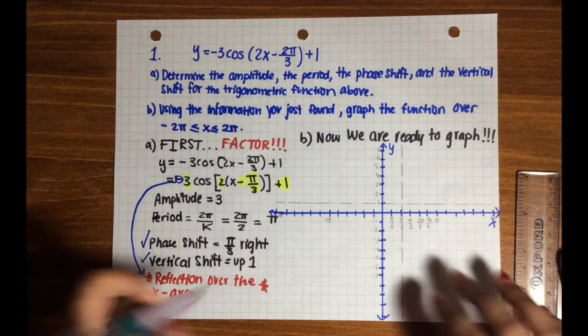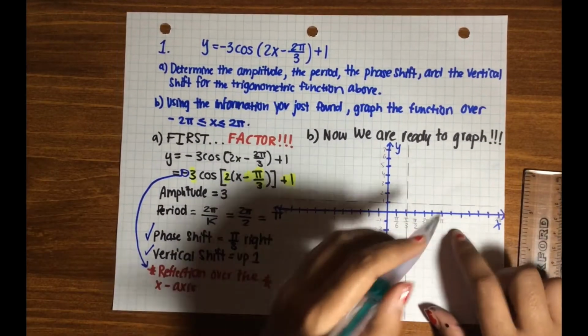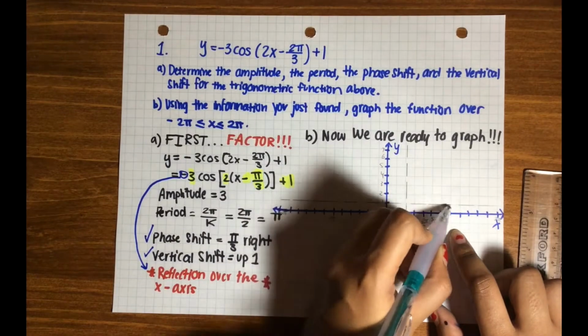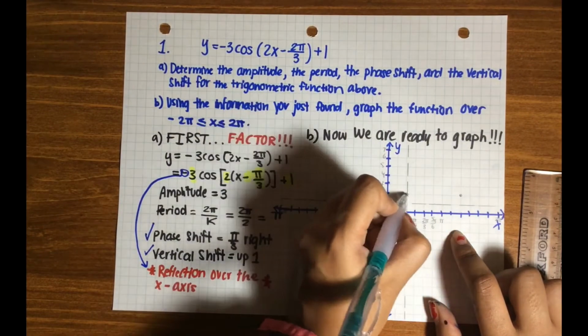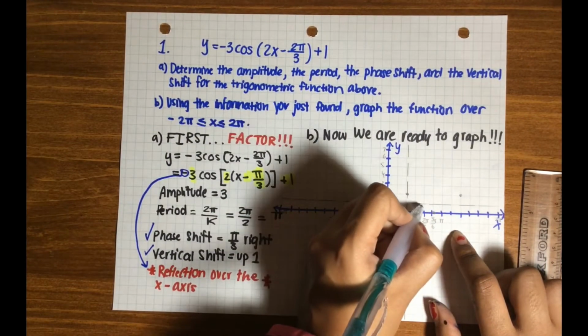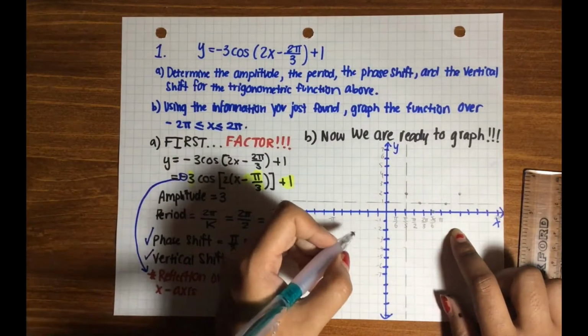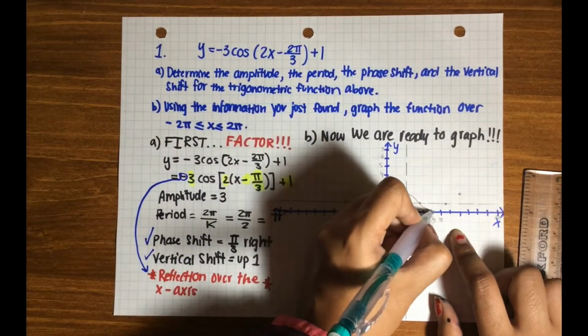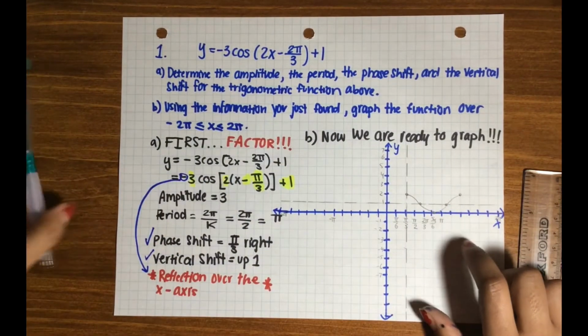Now onto our period, which is pi. Since we know that it is 6 boxes to pi, we can count 6 boxes from our new origin and plot the points of a cosine graph. I like to connect the dots of the points that we just plotted, but you don't have to. It just helps me